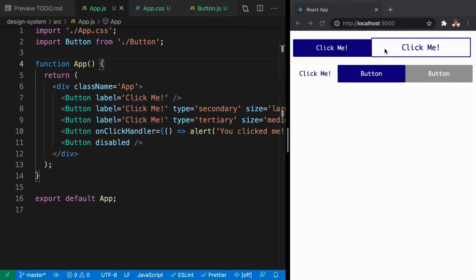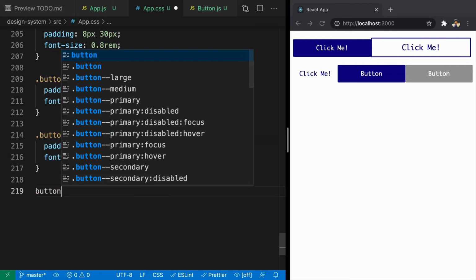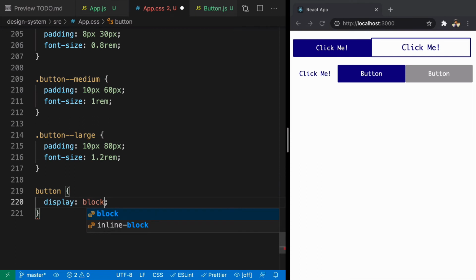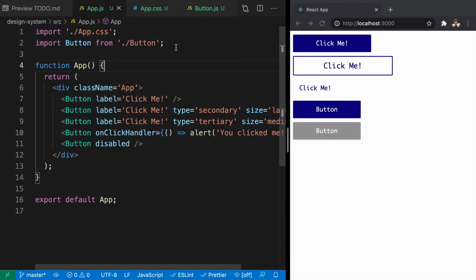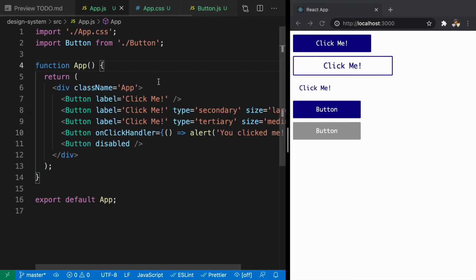So here all the buttons are inline buttons. So what we can do here is, for now I'm just going to make the button display block, so it can look one after another. Now, because every feature that we wanted got implemented here, all we need to do now is to refactor